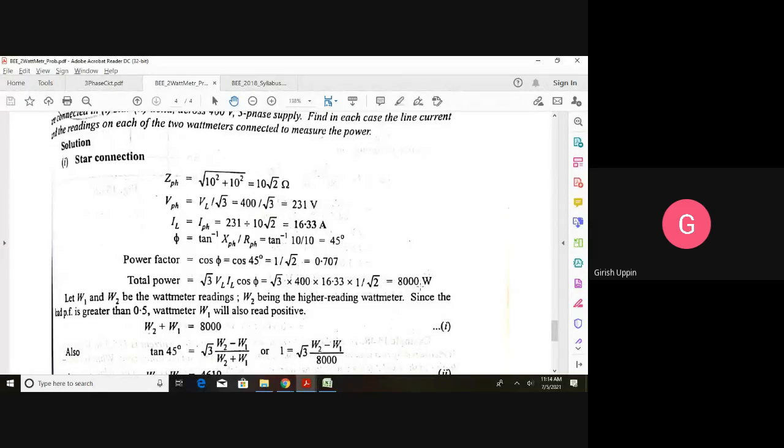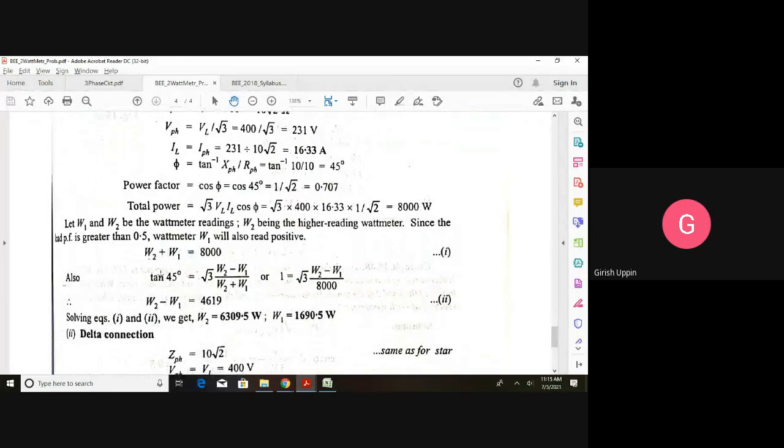Now, what is 8000 watt? It is the total three-phase power consumed. That is W2 plus W1 is equal to this value. Therefore, we get W2 plus W1 is 8000 watt, and we know the angle phi. We know the formula tan phi is equal to root 3 times (W2 minus W1) divided by (W2 plus W1). This is one equation, and the second equation we get from this, that is W2 minus W1 is equal to